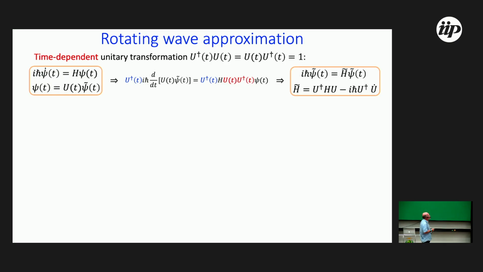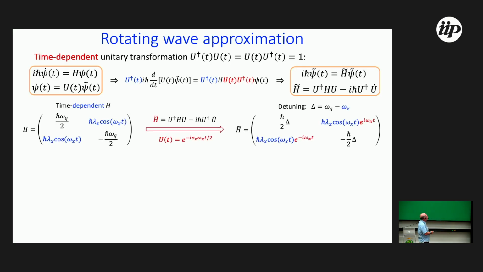And the trick is to choose U so that you end up, within some approximation, or if you're lucky exactly, with this Hamiltonian here. This new time-dependent Schrödinger equation may be separable in time. Maybe you end up with a Hamiltonian that is not time-dependent. That's the whole trick that you have to play